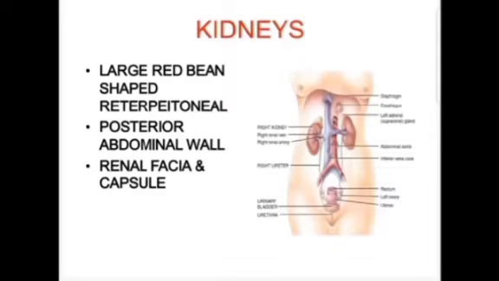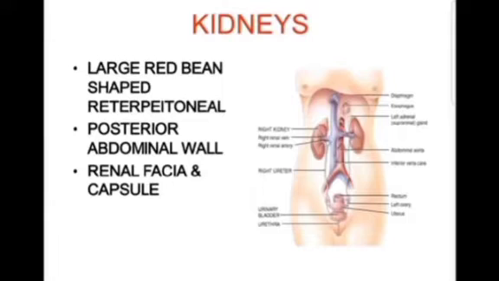Kidneys are large red bean-shaped structures, retroperitoneal and near to the posterior abdominal wall. On its medial side, there is a depression called the hilum, through which the renal artery enters, while the renal vein and ureter leave the organ. The upper part of the ureter is expanded to fill the hilum of the kidney, and this is known as the pelvis of the kidney. It is subdivided into large and small cups, referred to as the major and minor calyces.